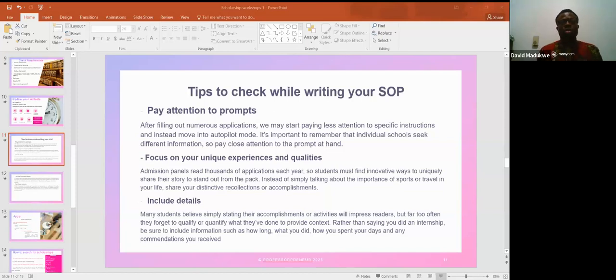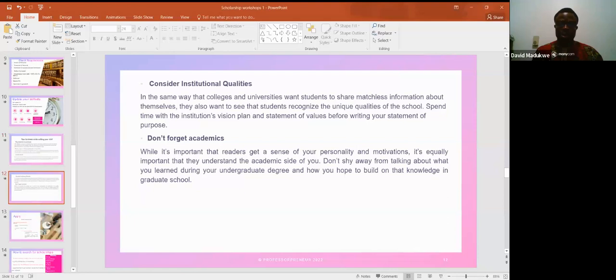So this is just a summary I made. Maybe in future sessions, I can equally list out some other things you need to include while you're writing your SOP. So do you have any question? Because I believe that I've spoken so much on this. Any challenge about this?